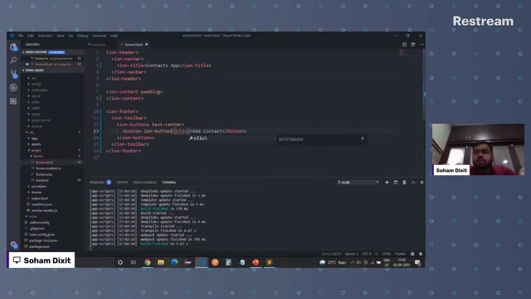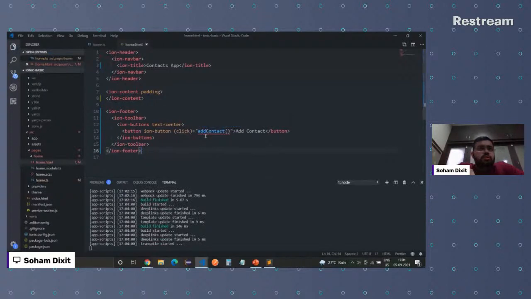let me define that click action. So I have added this click action over here, and when the user clicks on that button, we will invoke this function, addContact. You might see something like unknown method addContact. Fine, because we have not defined this method anywhere else. We need to define this method somewhere.